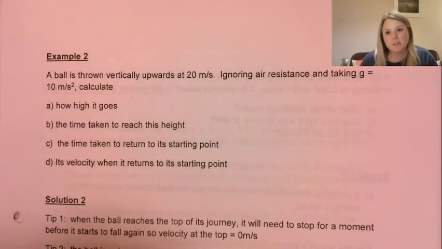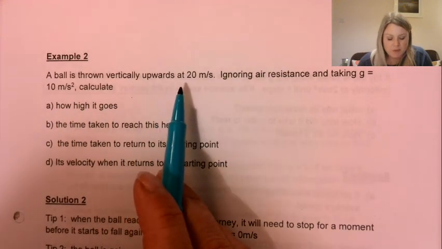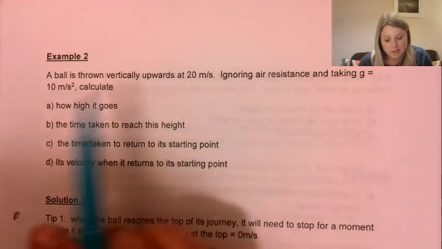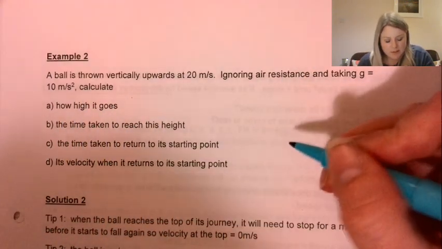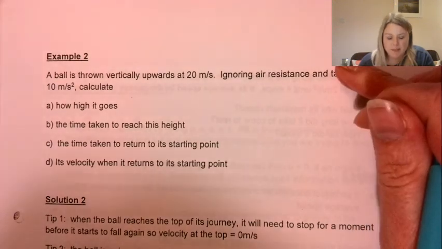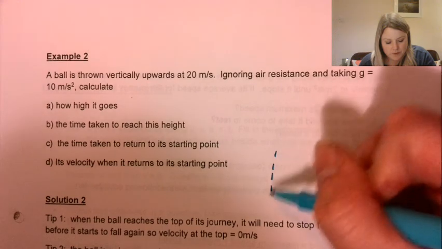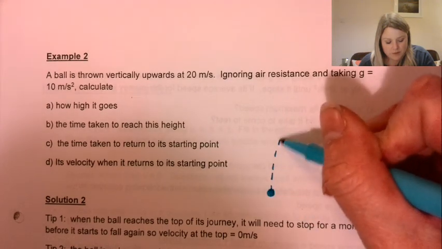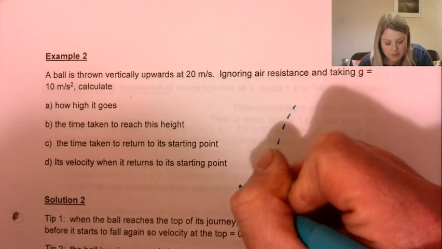Okay, over onto page 173 then, let's look at example 2. So a ball is thrown vertically upwards at 20 meters per second, ignoring air resistance, taking g to be 10, calculate all of these things. Now, for stuff like this, it definitely helps me if I draw a little diagram and label different things on. So here's the ball. It gets thrown up the way, and it's thrown up initially with a speed of 20